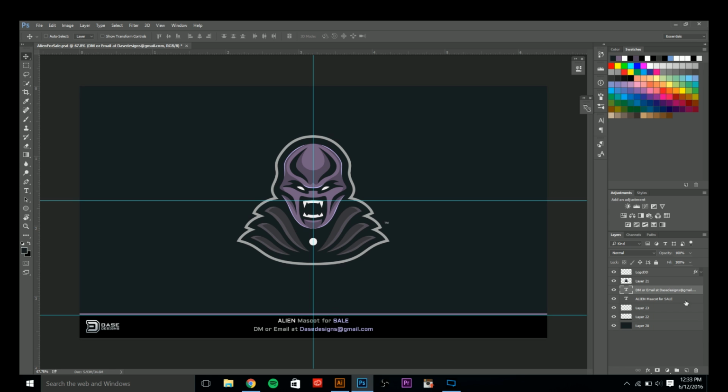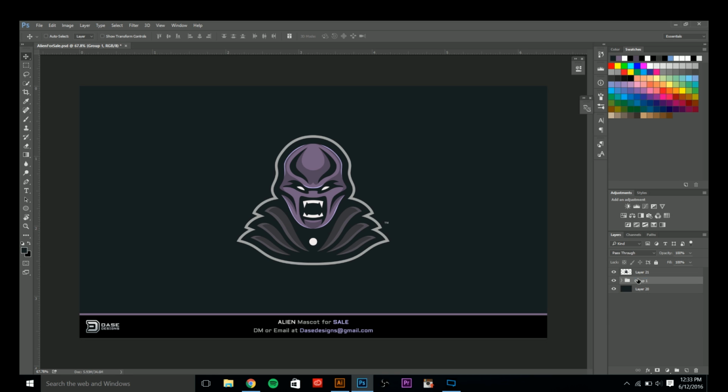So now we're going to select both of those layers, Control T, or actually we don't need to, and then just move them down just a little bit so it's in the center of our bottom bar. And I'm going to click all of these. I'm going to put our logo right there as well, and then Control G to group them, call them bottom